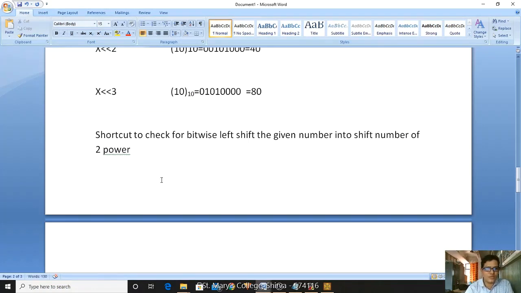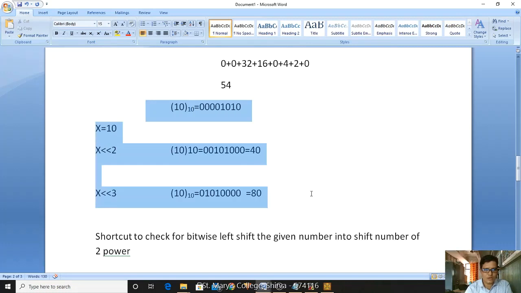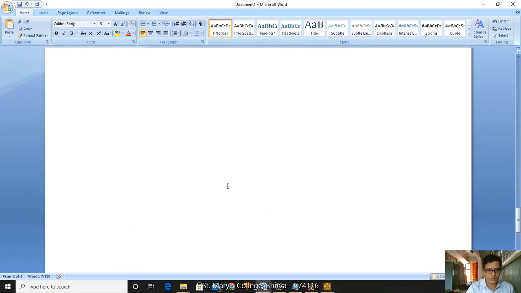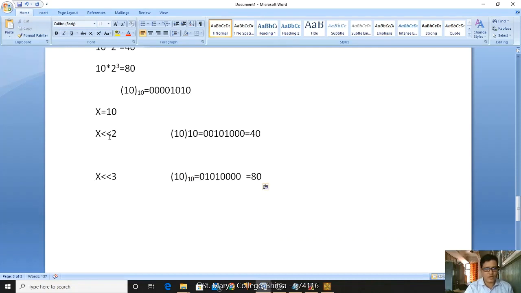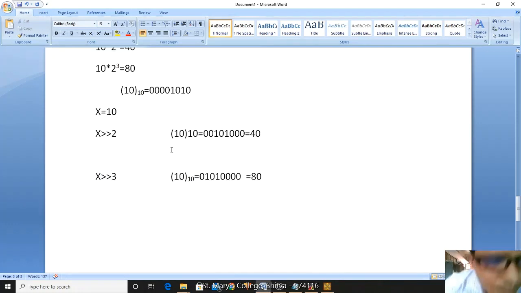Now in the same sense, right shift. If I use the right shift, then what happens? I'm taking the same example. Control C and I'm pasting here, and I'm making it a right shift. How many bits do we want to shift? You can specify, right? Now let me see bitwise right shift. Now let me see what is the output. Yes, so this is the actual value.